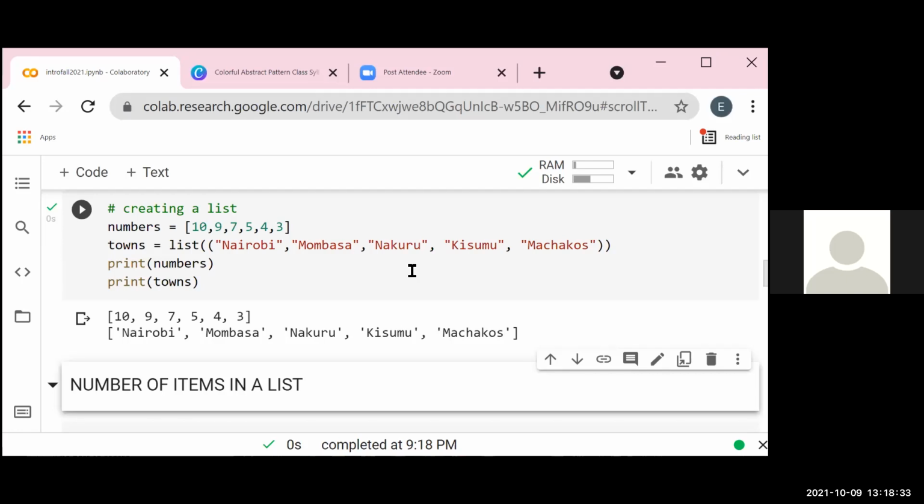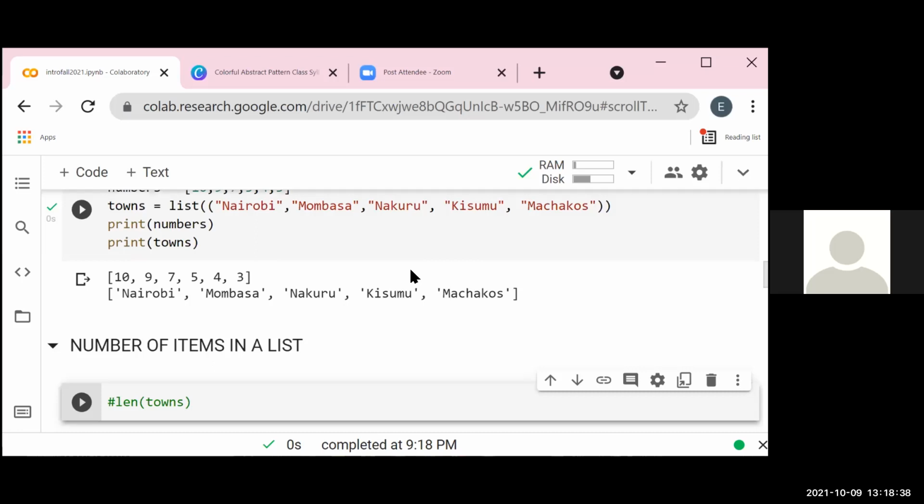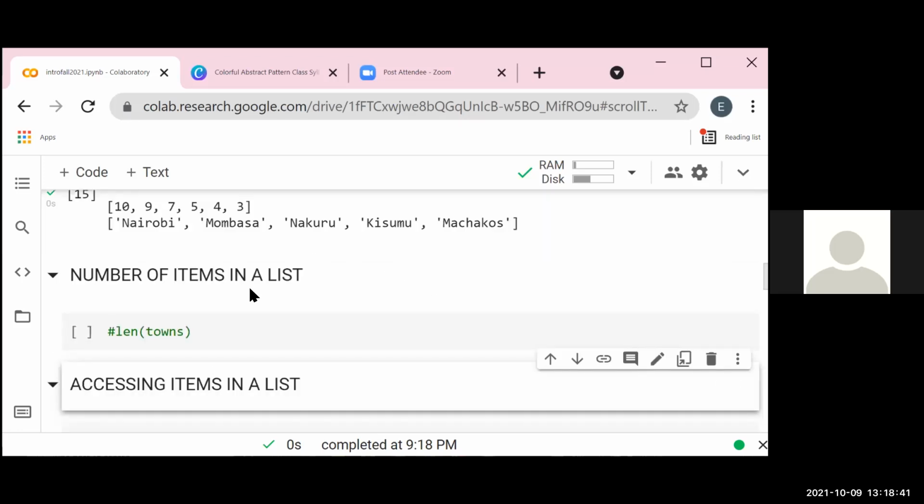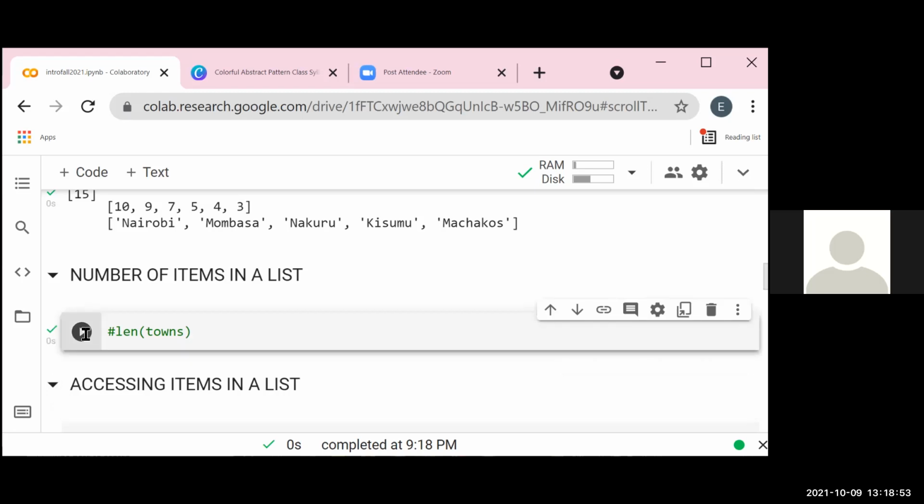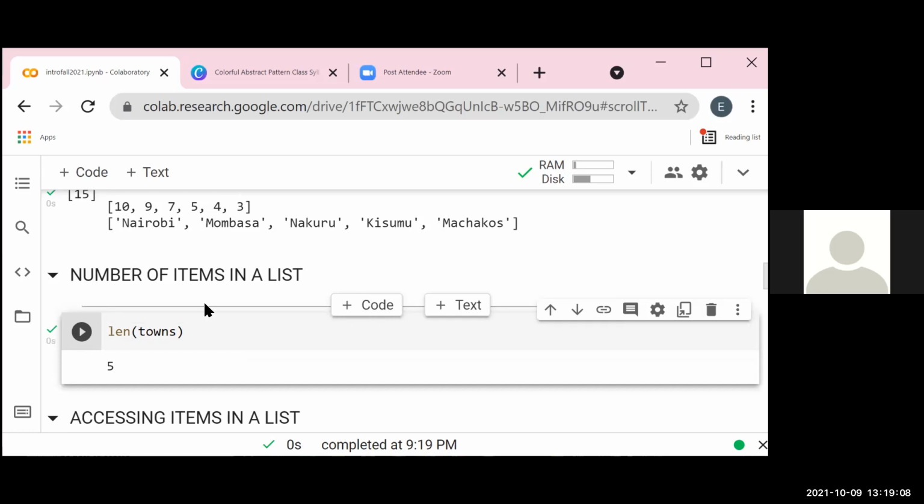Sometimes you would want to see how many items you have in your list. So for example, how many items do I have in the list that I gave the variable towns? If I run this, we have 5 items in the list.